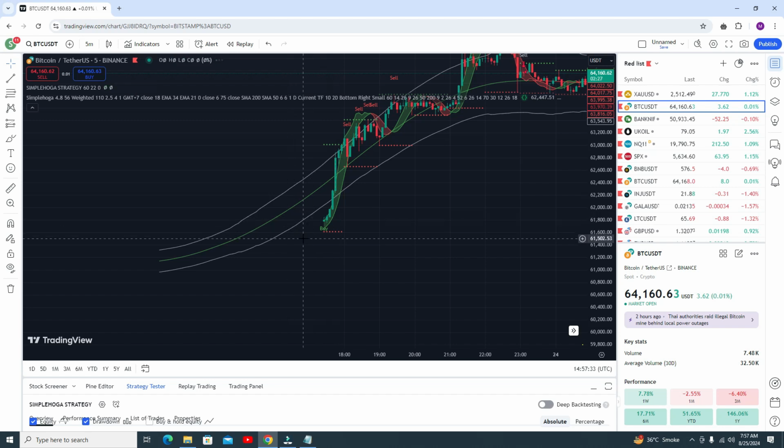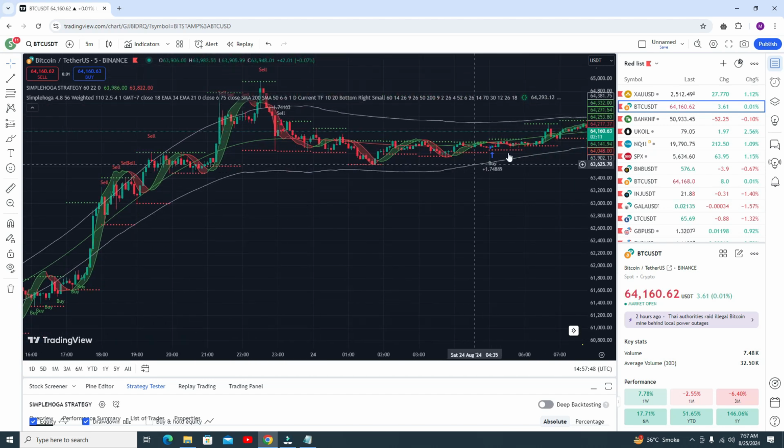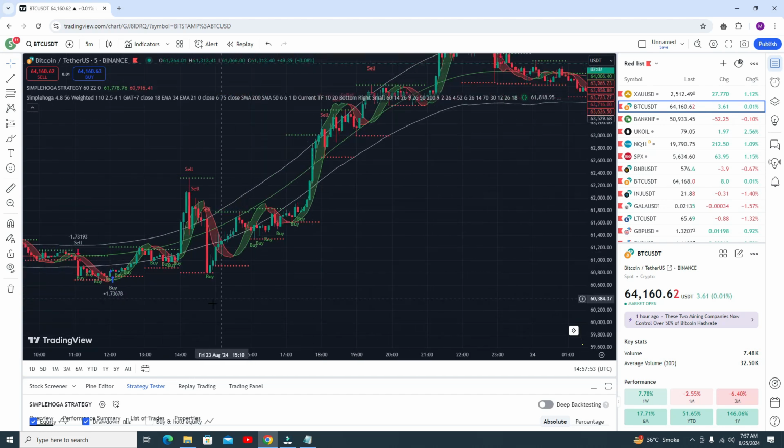Okay, I think there is some internet issue, but you can see the accuracy is awesome in all pairs, in Bank Nifty, Nifty 50, all pairs. Here you can see the buy signal. You have to go for the buy position, book your profit. Again buy position, book your profit. Okay, and you can go for another buy position. All the time you are getting consistent profit.